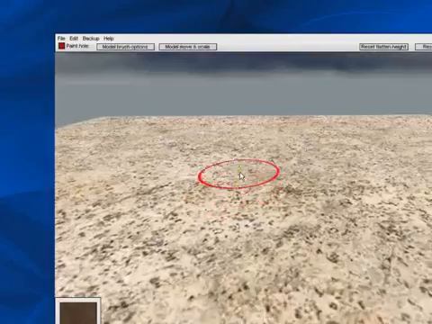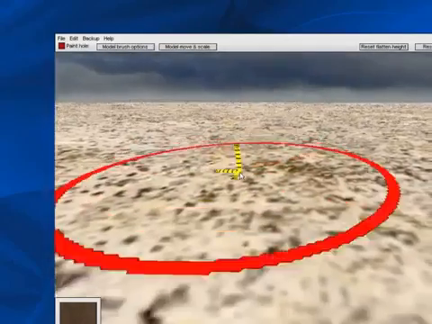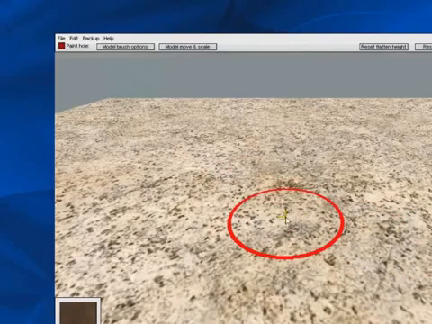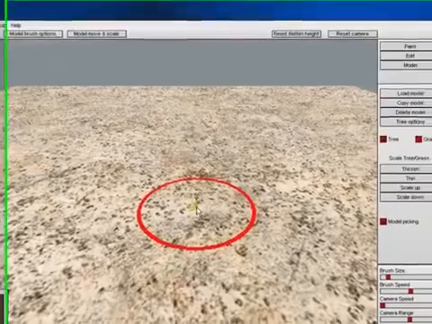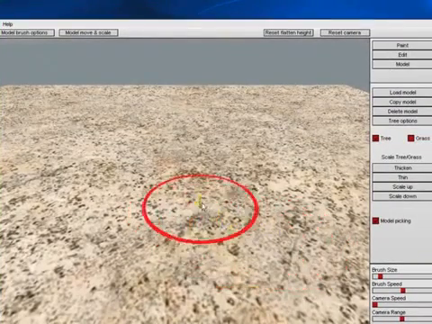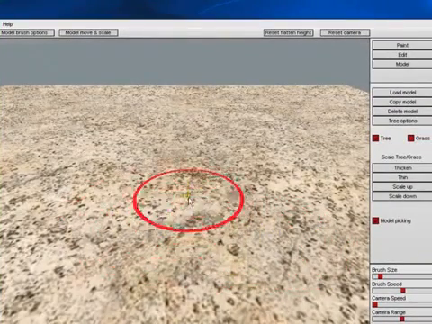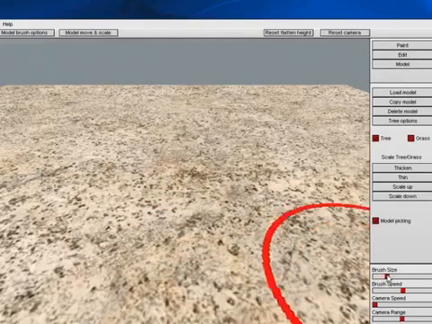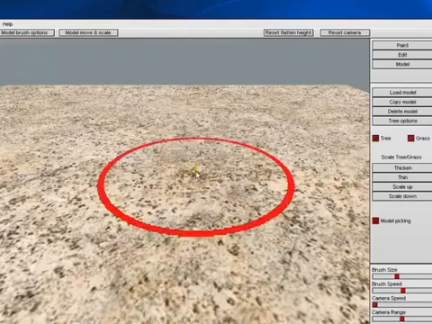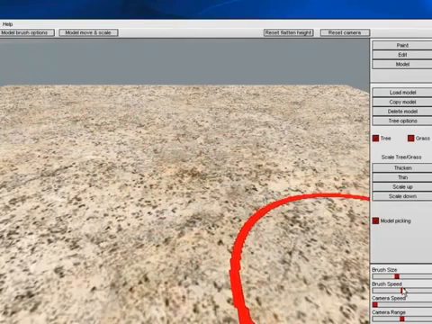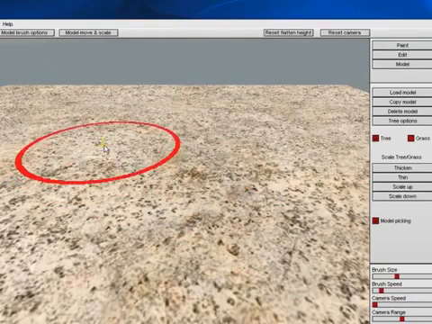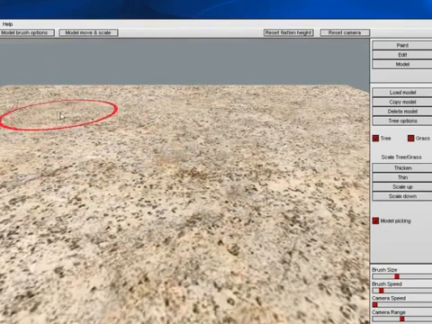Now of course it would be extremely boring to just have this and it wouldn't look much like a game, so what we're going to do is throw in some dunes and have it look a bit more like a desert with dunes. For that we need the brush tool, which is the red circle here. The first thing I'm going to do is scale up my brush size, as you can see, set the brush speed a bit down, and now I'm going to start to model